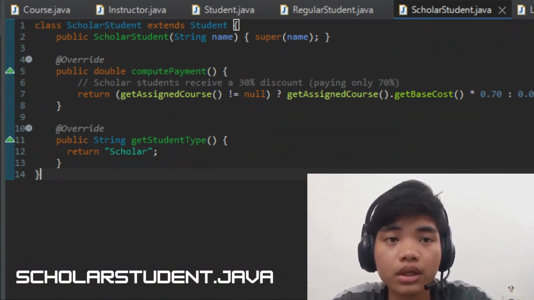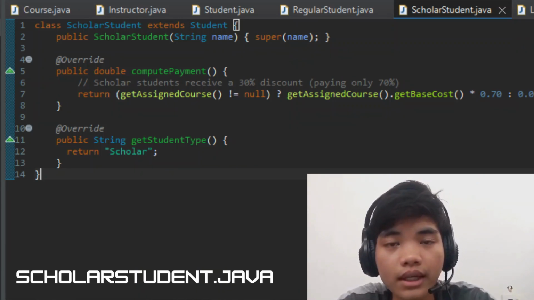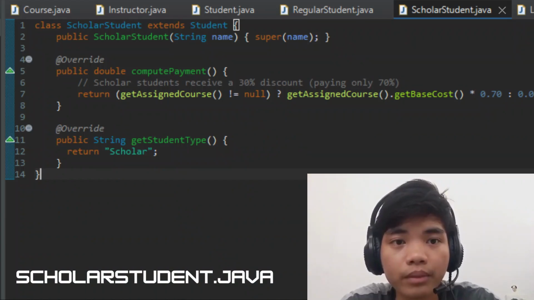This allows us to reuse code and apply object-oriented programming concepts like inheritance. Inside the class, we have a constructor that accepts a name and passes it to the parent student class using the super keyword. Next, we override the compute payment method.